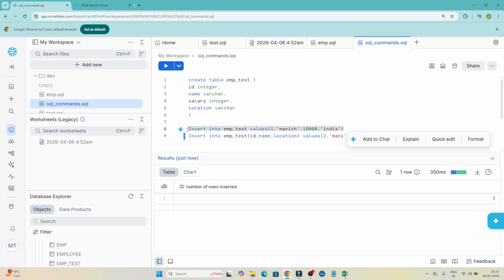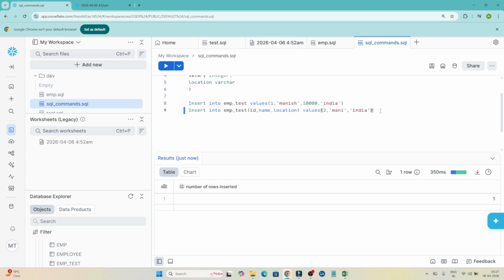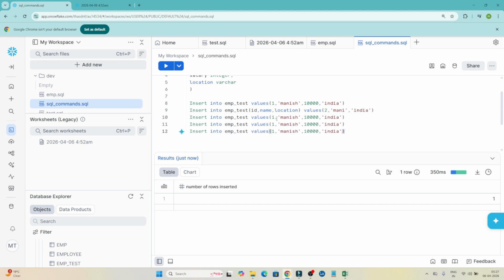So let me insert more values here. Like this, let me insert more values. I'll give ID 3, this ID 4, this ID 5. I'll give the name as Rahul,